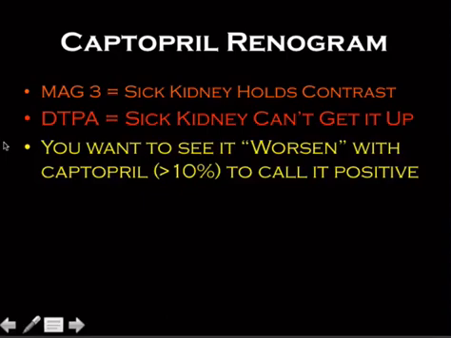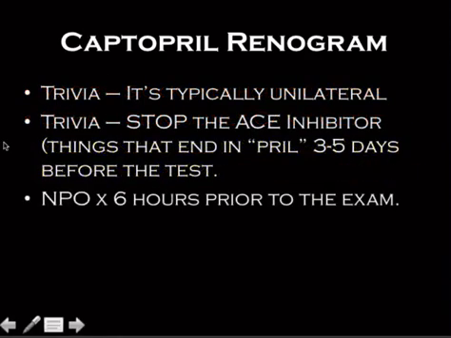You want to see it worsen with the captopril to call it positive. So like I mentioned before, you're looking for a unilateral finding with the other kidney as your control. If they're on an ACE inhibitor, you have to stop it 3 to 5 days prior to the exam. And if you remember from your internship, if you were forced to do one, which probably most everybody was,